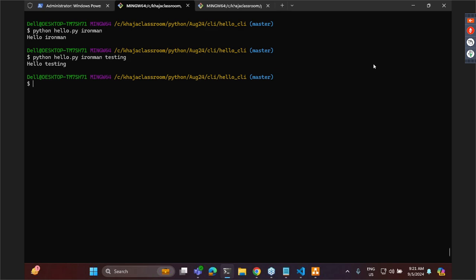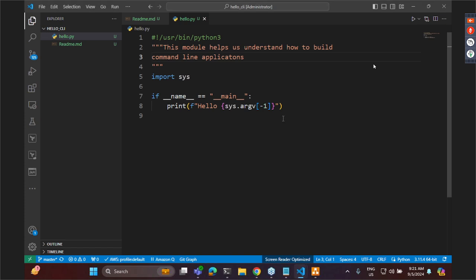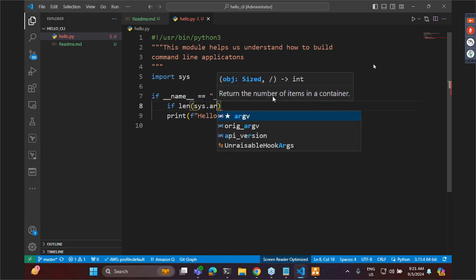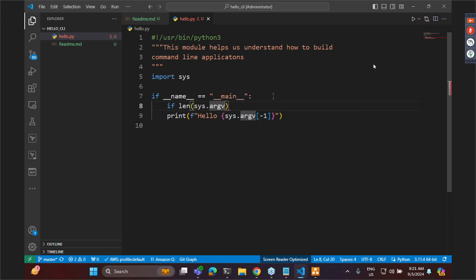So generally, whenever you are trying to build any command line applications, there might be wrong inputs. You cannot expect that the user gives a right input all the time. So you need to validate those inputs. So what I'll do is, if length of sys.argv is equal to 2, then print this. Else